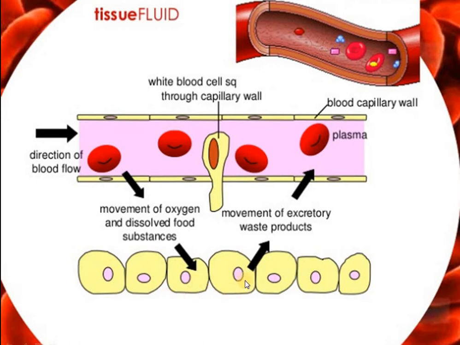Similarly, when the toxic substances or excretory waste products are being formed by these cells, those excretory waste products would first be dissolved in the tissue fluid and then will go into the capillary, which will take it back to the heart and eventually will carry the toxic substances to where they have to be excreted out. Carbon dioxide would be removed from the lungs, urea would be excreted out through the kidneys. So you see here that all the exchange of material is taking place through tissue fluid. Tissue fluid is coming out and helping the material exchange between the capillary and the cells of the tissue.